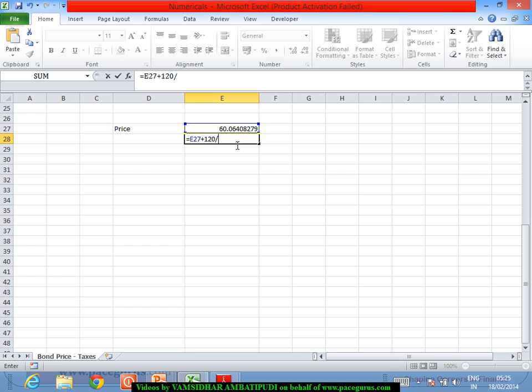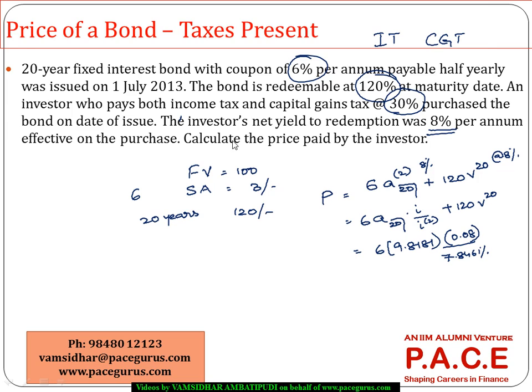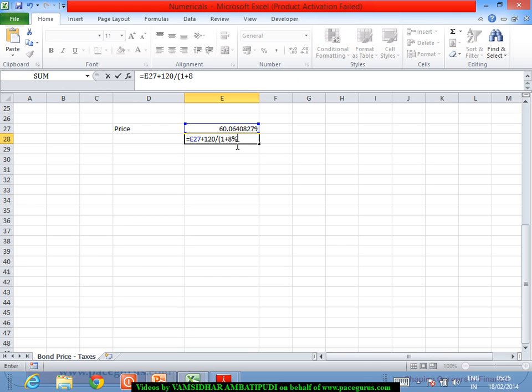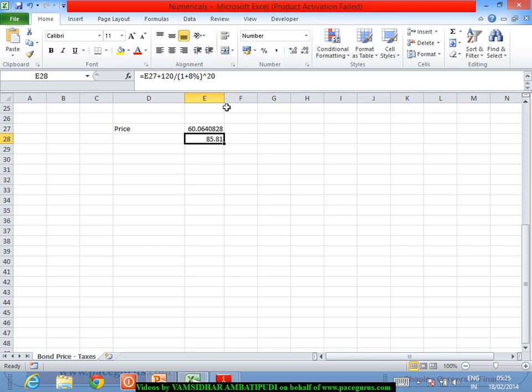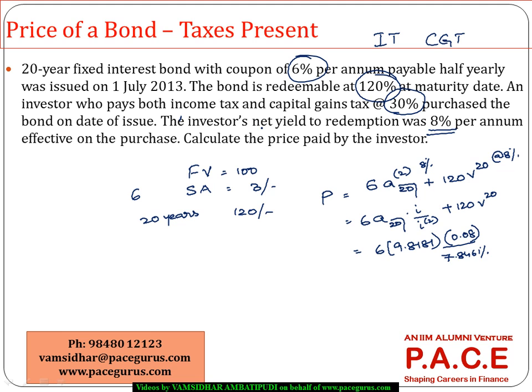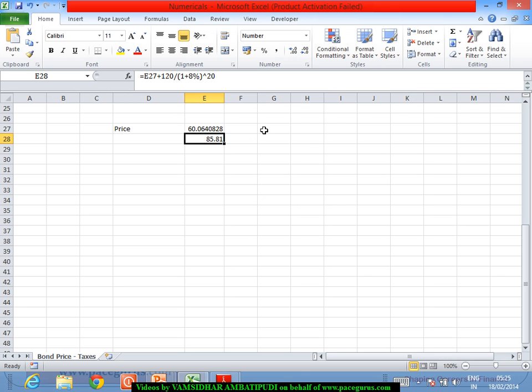So I can say 120 divided by (1 plus 8%) to the power 20. This works out to somewhere around, had the taxes not been there, the price of this bond would have been 85 rupees 81 paisa for this same bond, which is redeemable at 120% of the maturity value